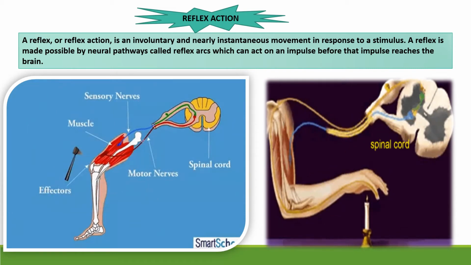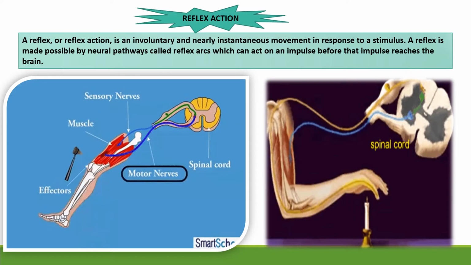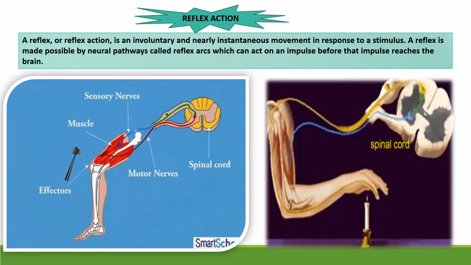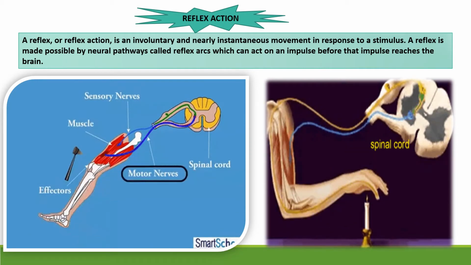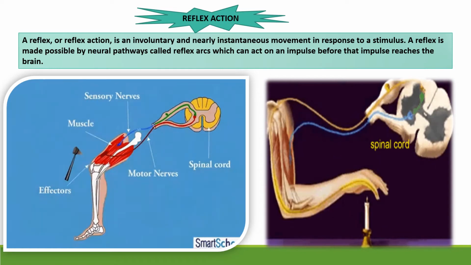Now please see the diagram, you will understand. First see this diagram, the knee jerk. See, this is a hammer. Suppose a neurologist is testing your knees. So this is the hammer and here the knee jerk is happening. But before the knee jerk, I am telling you what is actually happening. By this hammer, the effectors are stimulated. By sensory nerves it's moving and by motor nerves it's coming back, and it is giving the response, so the knee jerk happens. So this is the total pathway of reflex action.